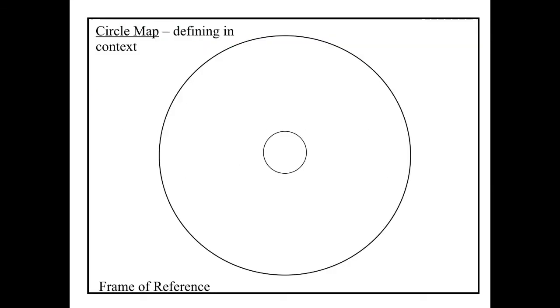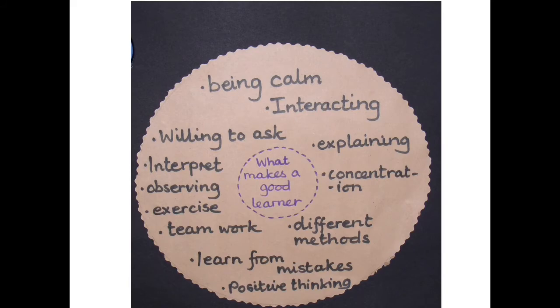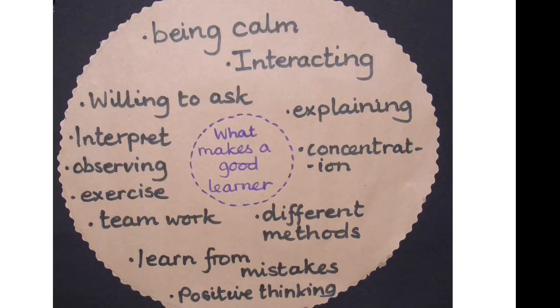So this is the circle map, and I'm going to show you how to complete a circle map. So this is my completed circle map, and as you see, the smaller circle is where you're going to put your topic. So my example today is what makes a good learner. Now all around the bigger circle, in the bigger circle, I have put all my brainstorm ideas